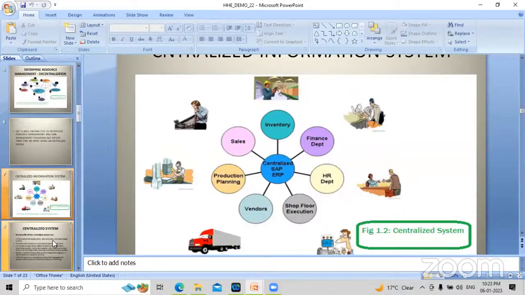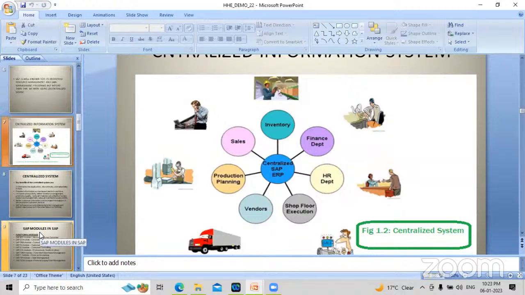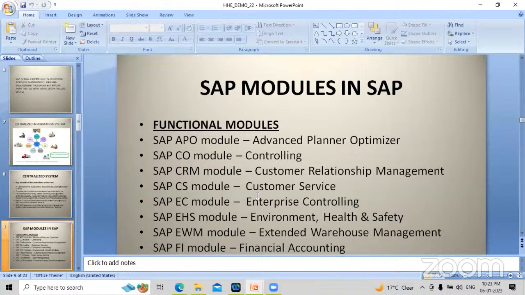Now, I'm going to another logic. Another logic is that, candidate, you are not going to learn any programming or coding over here. You need to understand how you are going to work as a financial consultant on SAP ERP. Correct? Now, I have updated. Previously, we were having